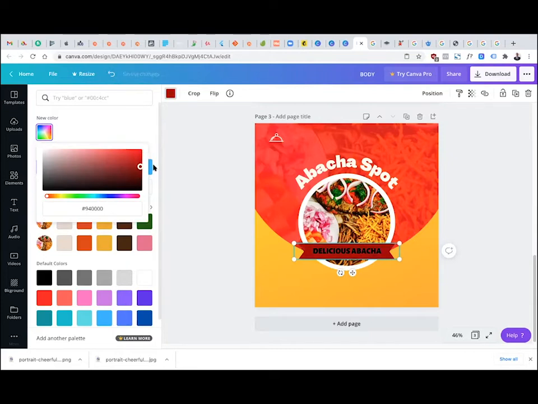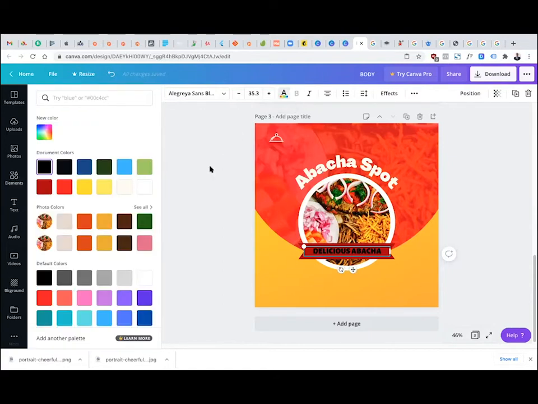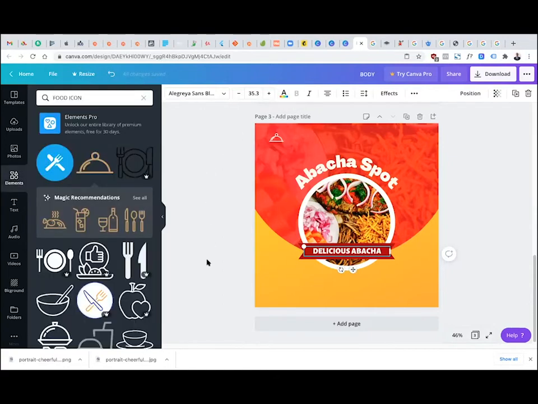And even make it black, no, red. Okay. So you can play around with that. If I make it that dark red, I have to come and make this white. Do you understand? So I'm just playing around